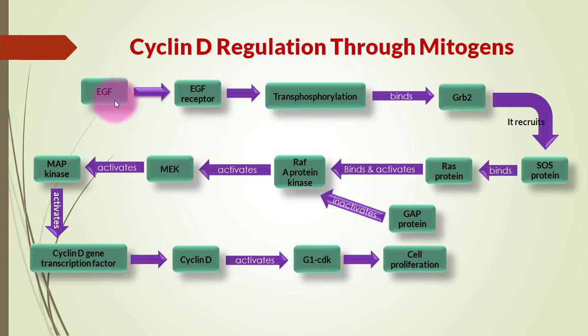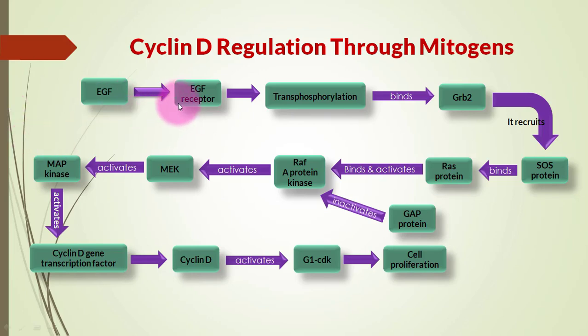When it is produced by some cells, it will bind to a surface receptor on the cell. Now we are talking about a cell in G0 phase, non-dividing. So when EGF is produced and released by some cells on the G0 cell,